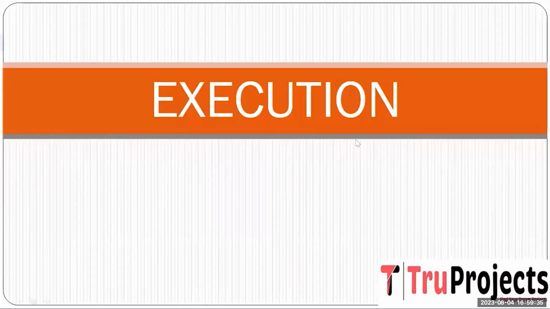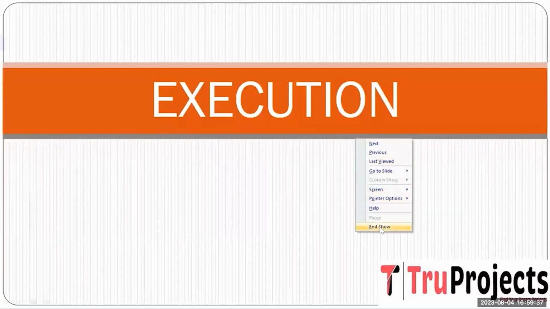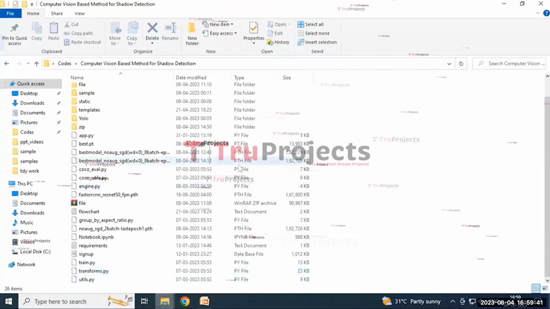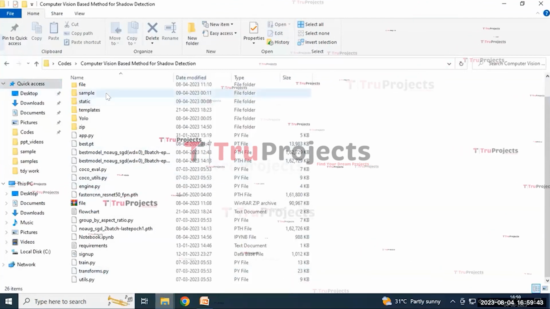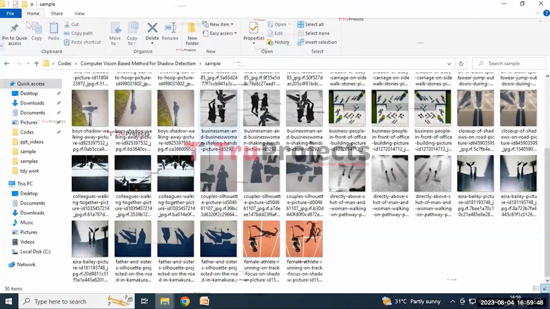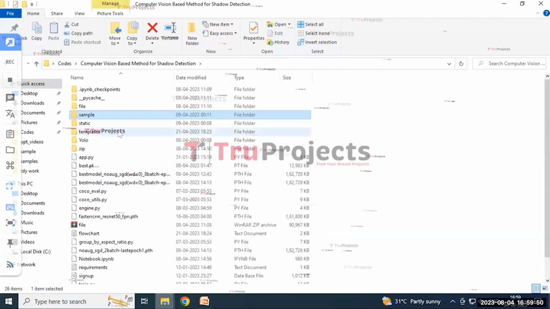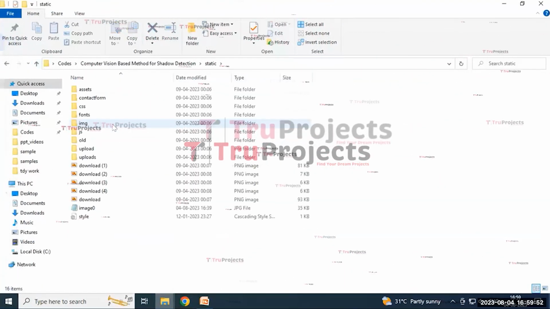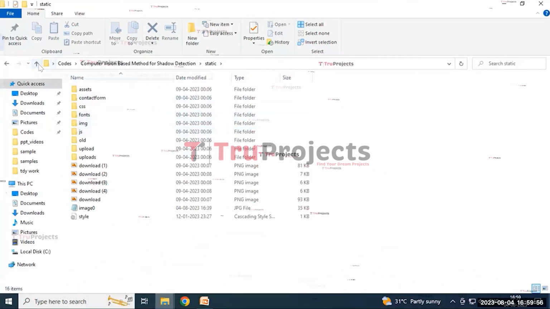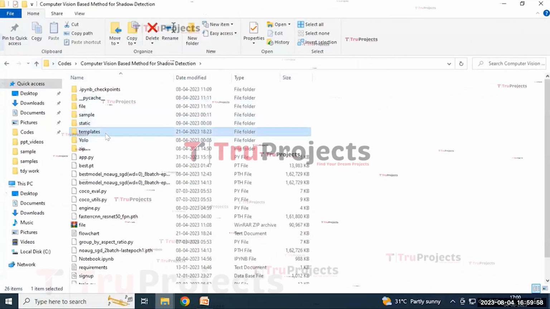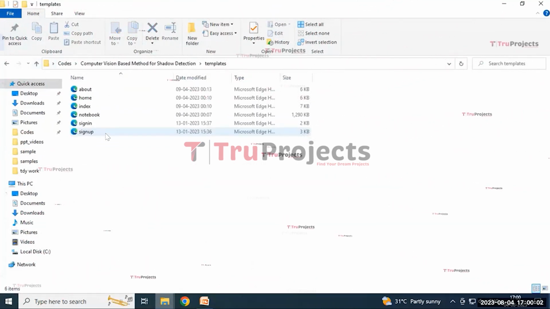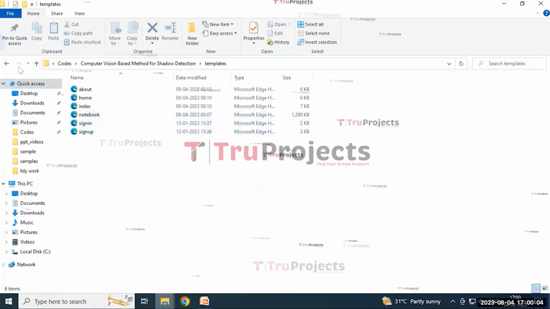And now the execution of the project. To execute the project, first we need to open the code folder. And this is the code folder containing various files within it. The sample folder contains the images that will be used to test the performance of the model, and the static folder contains folders like CSS, JavaScript, images, and uploads within it, and the template folder contains the HTML documents. It typically includes home, index, notebook, sign-in, and sign-up pages within it,